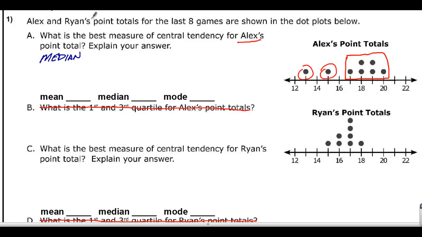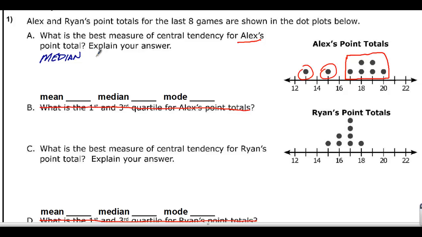We use medians anytime we have those outliers. That's why real estate agents use medians, so that if you have that really, really expensive house, it doesn't throw off the data. It's why they use medians when they do salaries in corporations or salaries on football teams. You get a guy like Peyton Manning who's paid $18 million, and then you have a whole bunch of guys earning $2 and $3 million. You can't add those up and divide by how many there are. You just don't get a real measure of central tendency, a real average. So we use medians.